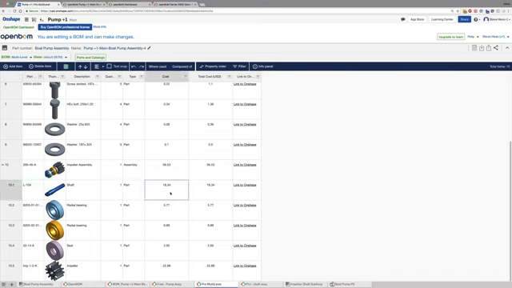So the cost values in a subassembly are rolled up to the cost of the subassembly itself. And then that value is rolled up into the top level assembly.